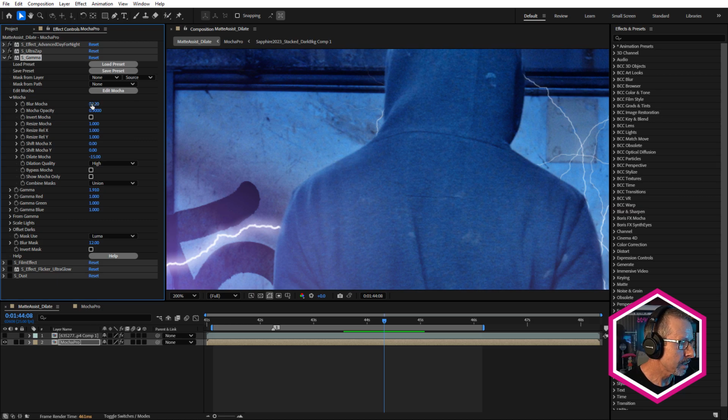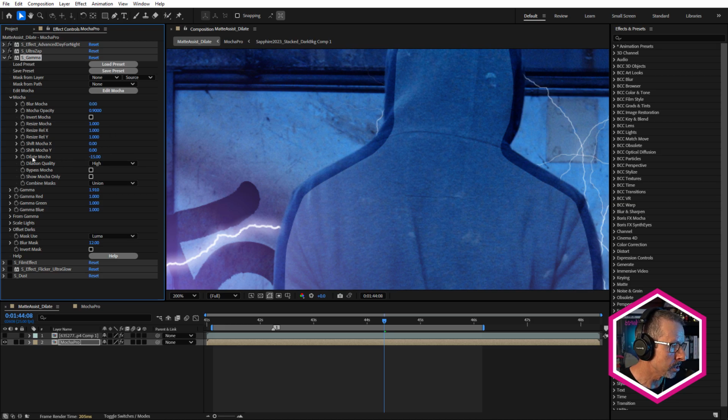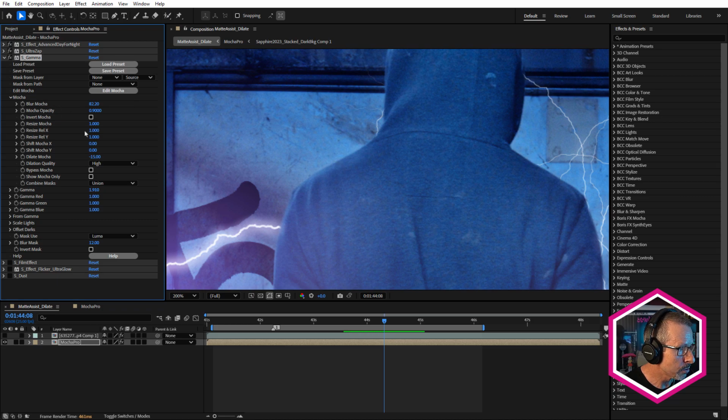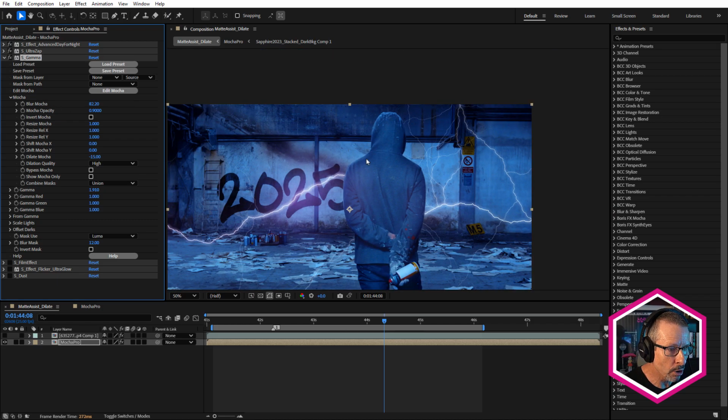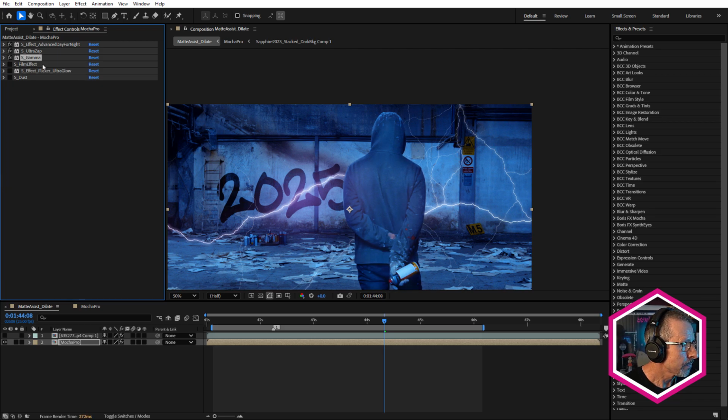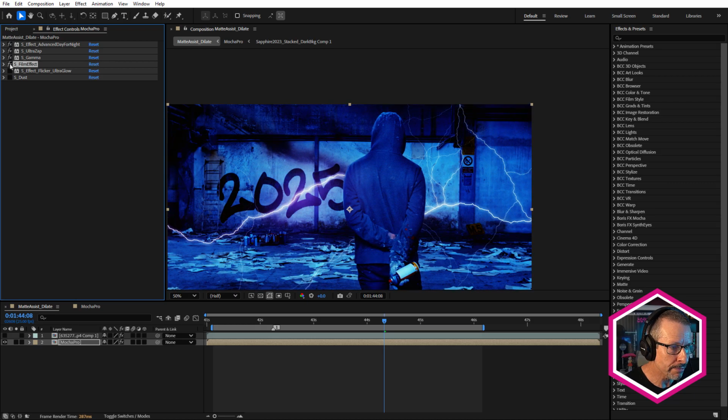So you don't have to do multiple renders. Now here I've just added a bit of blur to the matte. Just going to make that 0. And you can see I've also dilated it using the new Dilate Mocha feature. So by having those two adjusted, I've got this nice fall off and I've basically relit the talent without affecting the background. Very nice. Beneath that, we have Sapphire Film Effect, just to add a bit of a grade to that. No mattes used.